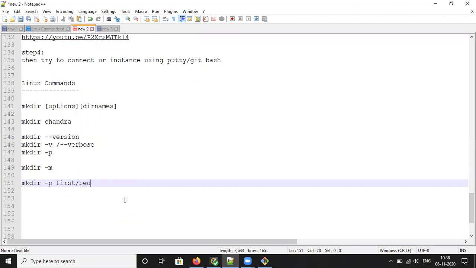First, second, and then third. I want to create the directory like this. For that you need to use the -p option, then only it is going to create. Otherwise it will give the error message.